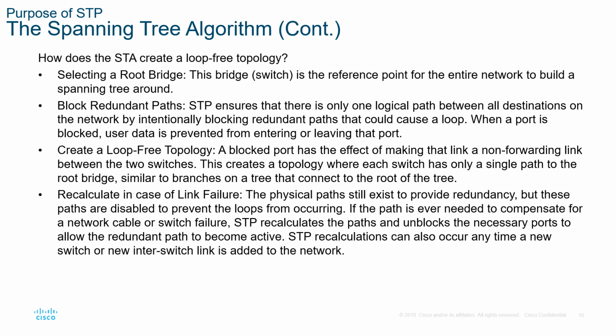If there is a failure on the current forwarding link, it will recalculate in case of link failure and unblock the previously blocked port. Of course, you don't really understand now because I will explain in detail in